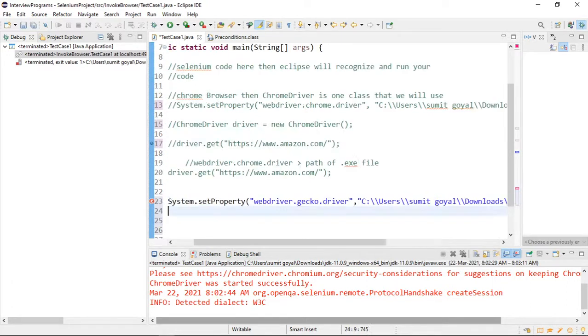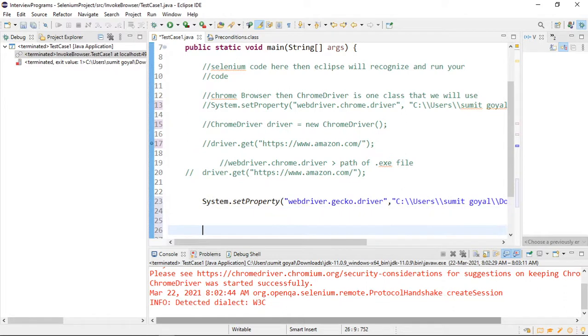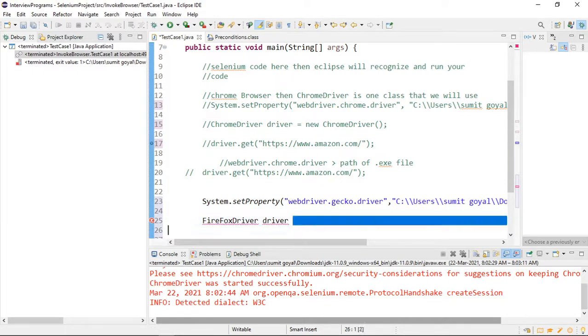And then, as we are working on Firefox, the class name will be FirefoxDriver. So let me create a driver object with this name, because it is very common to give this name, or you can give another name, equals new